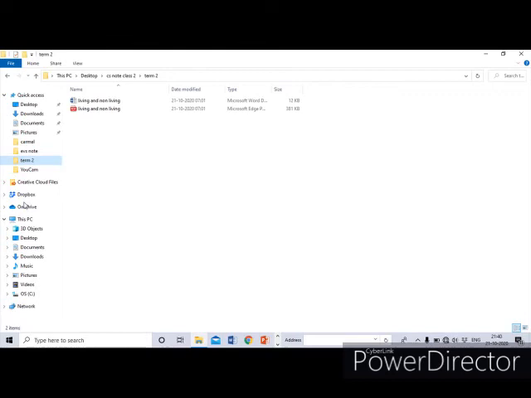The left pane contains all the drives and folders available in the computer, and the right pane displays all the subfolders and files present in the folder or drive that is selected in the left pane.